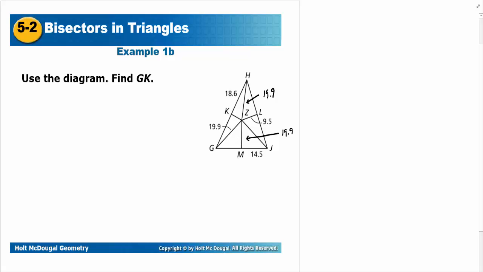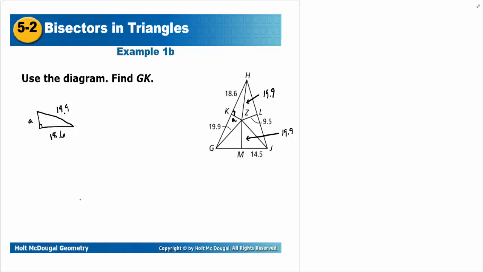Okay, so in this situation, since I know that I'm dealing with perpendicular bisectors, that means that's a right angle, and I'm going to call that A. The reason I'm calling that A, I have a right triangle right here. Look at KHZ. I'm going to draw the triangle right over here. The little side I'm going to call A. I have this side right here, which is my other leg, which is 18.6. This is going to be my 19.9. So in this situation, I'm able to do Pythagorean theorem and solve for A, just because I know that's a